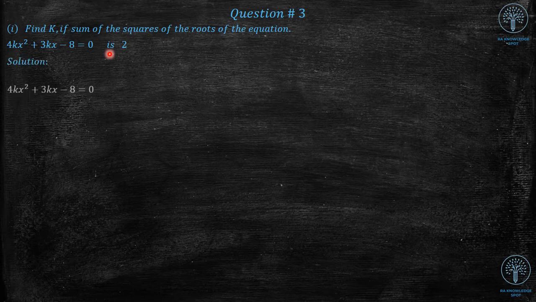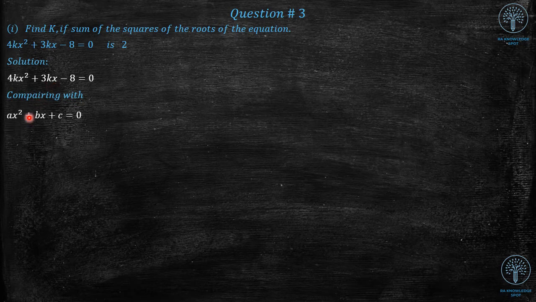Now this is the equation that is given in the question, and without the equation we can't solve the question. Now we have to compare this equation with the quadratic equation, that is ax square plus bx plus c is equal to 0. We did this step in question number 2 also, and also in question number 3. Now the values of a, b, c are,